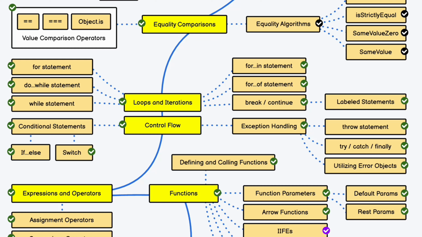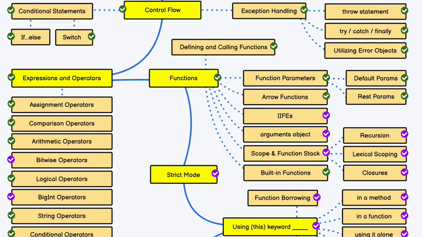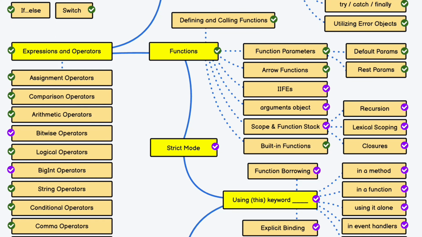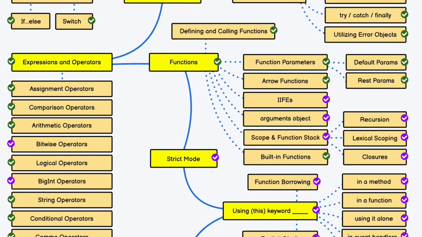Now let's move to the 9th one, which is expressions and operators. Operators are really very important in any programming language, and each programming language has its own operators. So you have to know what operator you have to utilize for building the logic. We have assignment operator, comparison operator, arithmetic operators, bitwise operators, logical operators, BigInt operators, string operator, conditional operator, comma operator, unary operator, and relational operators. These are the important operators you have to know. It's really huge, but you have to move your head around to understand how you can utilize it to build logic in your application.